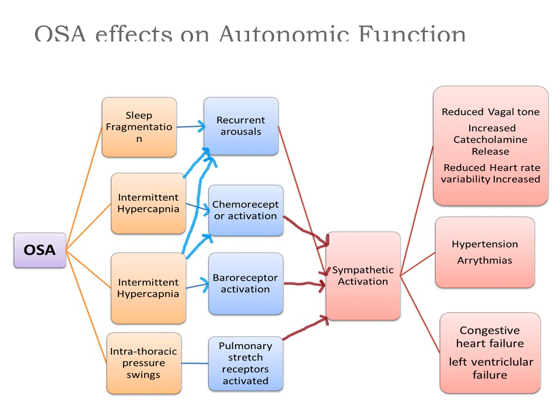Now, notice how all of these cause subsequent things. For example, sleep fragmentation causes recurrent arousals. However, intermittent hypercapnia also causes recurrent arousals. It also causes chemoreceptor activation. Intermittent hypoxemia also causes recurrent arousals, chemoreceptor activation,